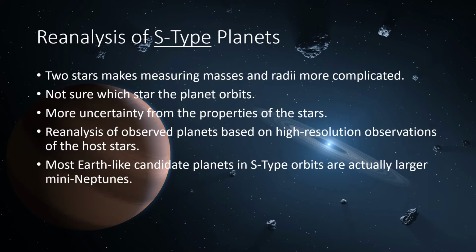And this is tricky when you're looking at transits, and radial velocities for that matter, because there are two stars, and there's not really a good way to tell which star the planet orbits, unless the stars themselves eclipse each other. So you see a dip in the light from the combined stellar spectra, but unless you can take really good spectra to separate out the two components, you're not really sure which star the planet orbits, and that leads